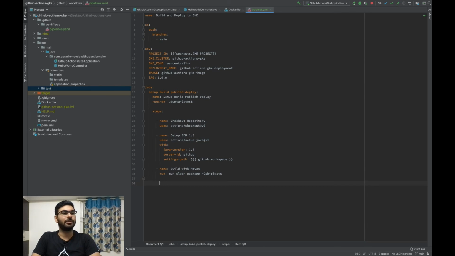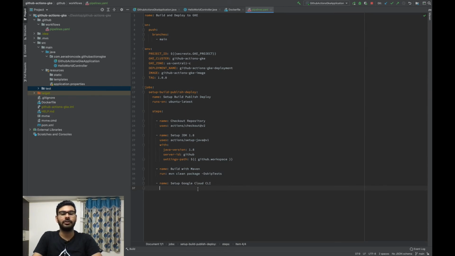So the next step is to set up our Google Cloud CLI. The name will be setup Google Cloud CLI. We will be setting up Google Cloud's command line interface so that we can use it to execute the Docker image pushing, as we will be pushing everything to Google Container Registry for the images, and then we will be deploying that particular image onto the Kubernetes Engine.